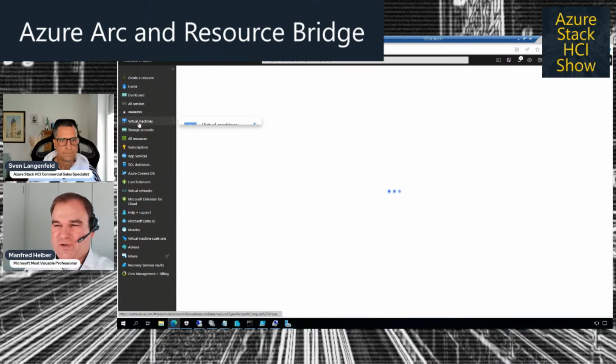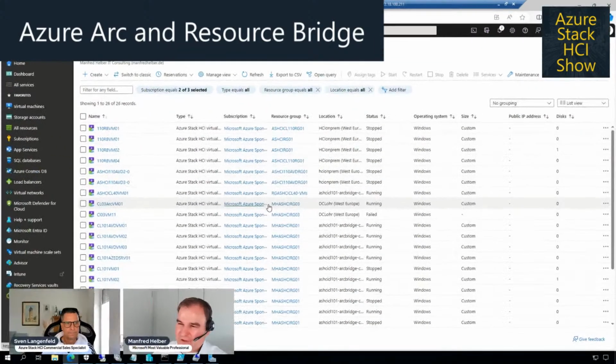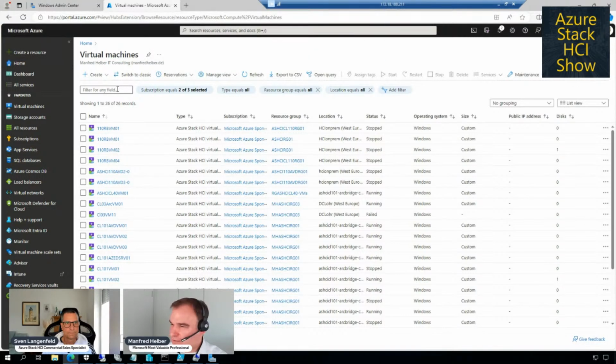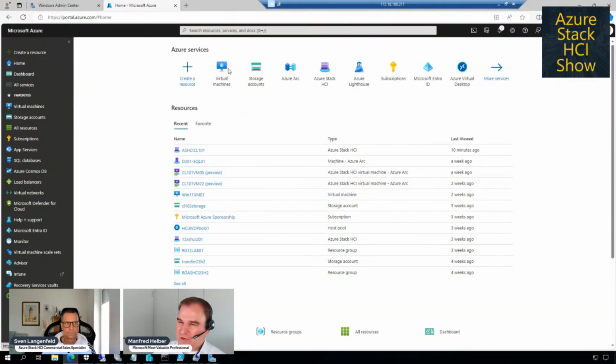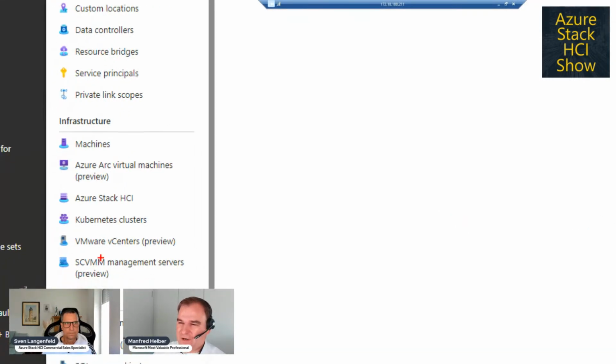So for example, if I create a virtual machine and I go to create an Azure virtual machine, I have a very powerful wizard that helps me go through the steps that are required for this virtual machine creation, to fix the name, the virtual hard disks, and so on. The interesting thing is when we are using Azure Arc, we have all these things also for machines that are running on premises. And Sven mentioned we have this category of the Arc-enabled infrastructure. We can see this here.